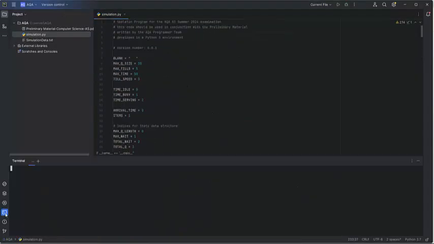I'm going to open up my terminal. I'm going to be using my Git Bash terminal to run this particular program. Now, there are two different ways you can run it in PyCharm. You can just run python simulation.py,